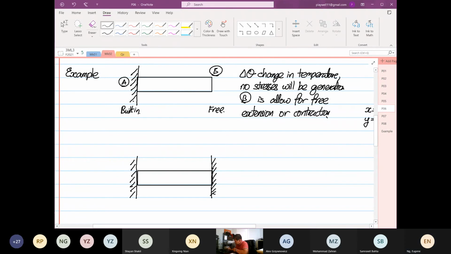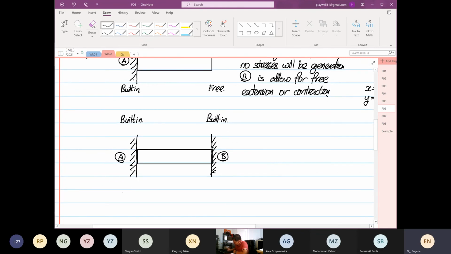So one end, point A, and point B. Both ends are built in. Okay, the other end is also built in. Now, if temperature increases,